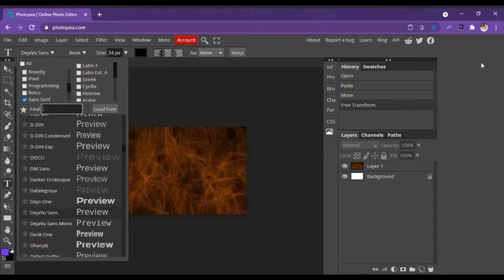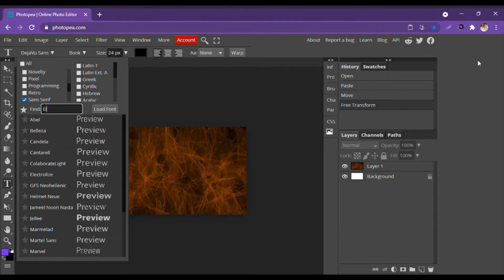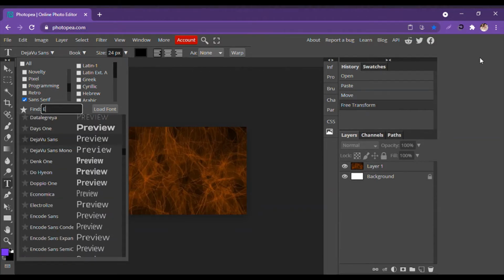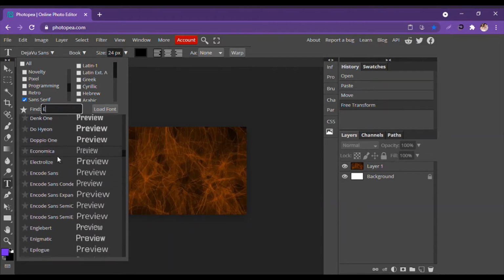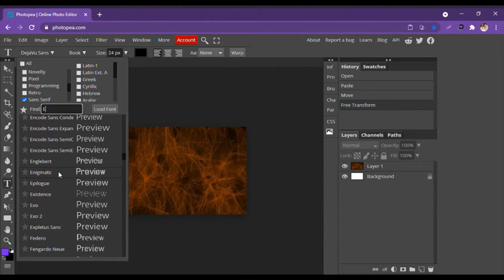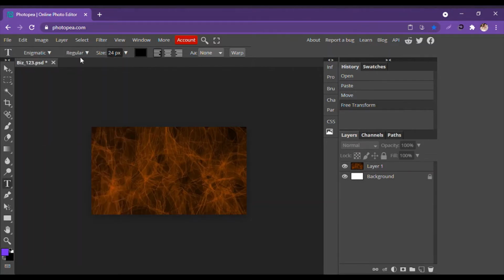Now we're going to find elegant. Okay, if we type, we are not finding elegant. Oh yeah, it's actually enigmatic, so we are going to click on enigmatic and then click on text again,